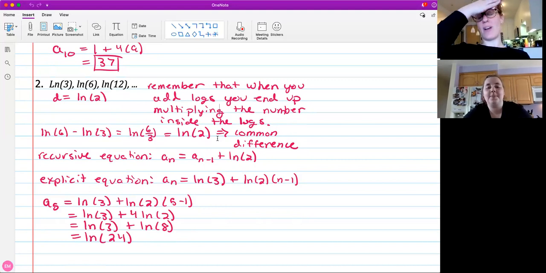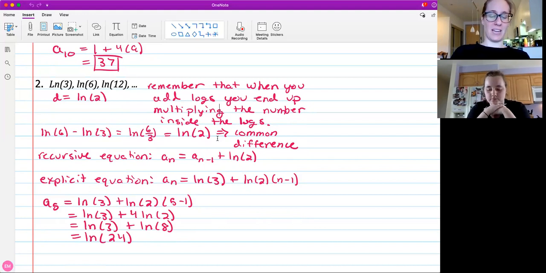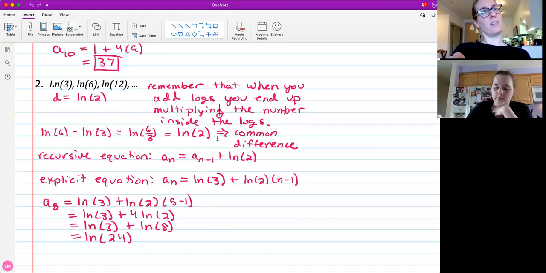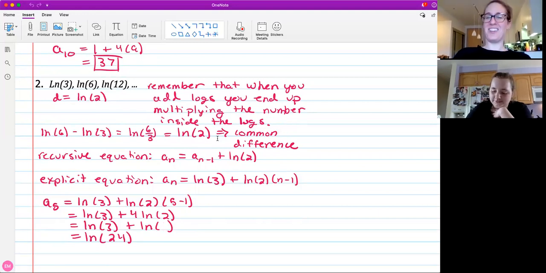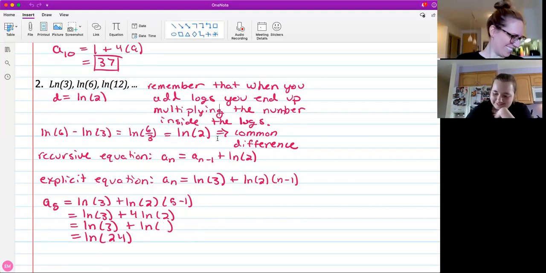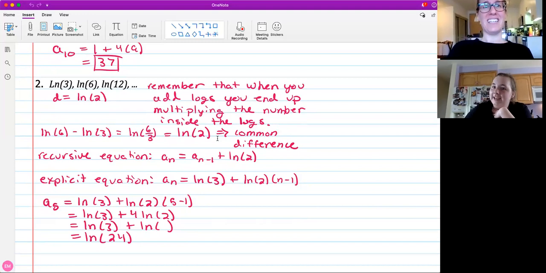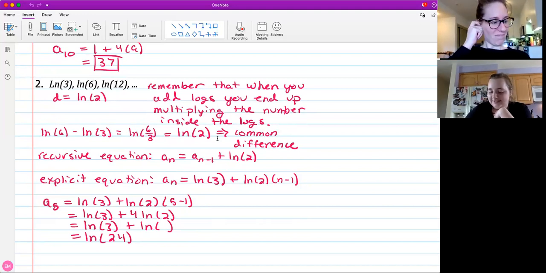And if you look at the equation, guys, remember that makes sense, right? Because basically what we're doing is we're just multiplying by 2. So 3 times 2 is 6. 6 times 2 is 12. 12 times 2 would be 24. How did we end up with 1 too many? 3 plus ln 2, 4. 2 to the 4th, is that 8? Are we sure? No, 2 to the 3rd is 8. What's 2 to the 4th? 16. So 16, and then 3 times 16 is